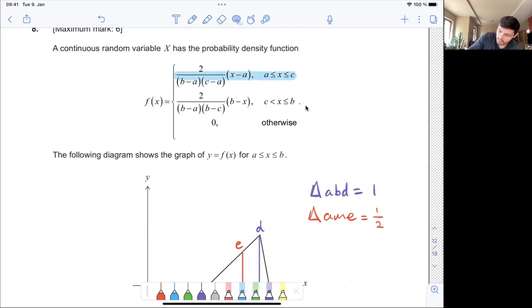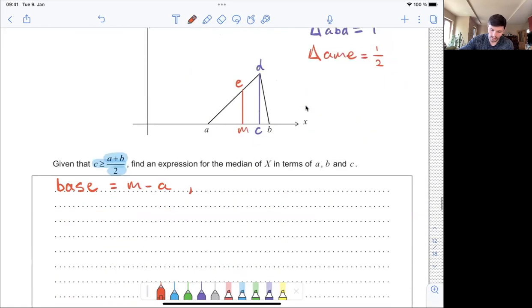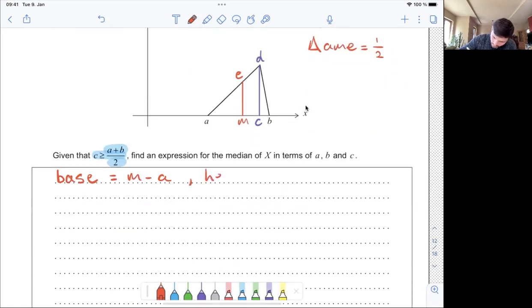Bear with me here. I'm going to try and make that slightly better. In fact, we'll just do two lines, that's probably better. I will put a box around it. So we're going to need to use this first part of our probability density function, because m lies within a to c. So that means the height of our triangle